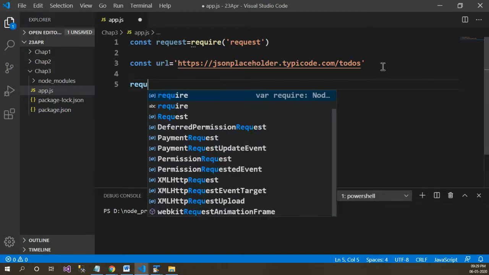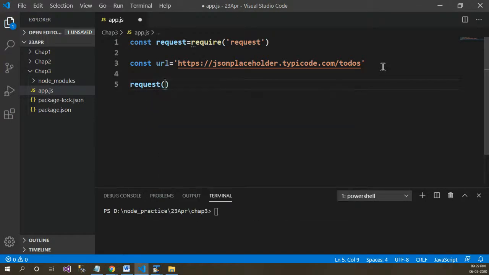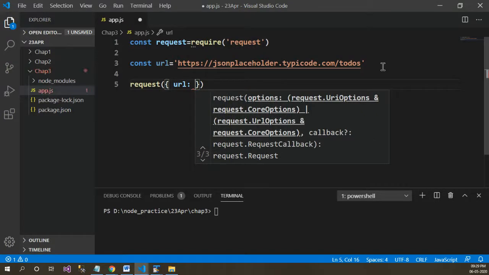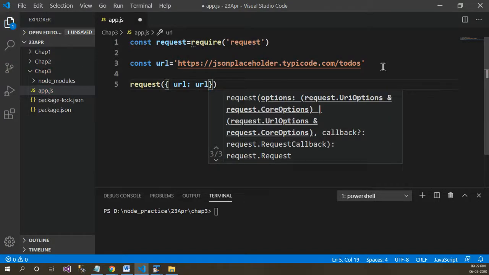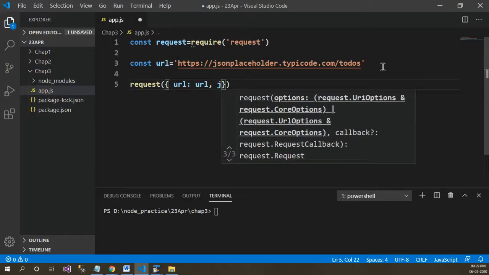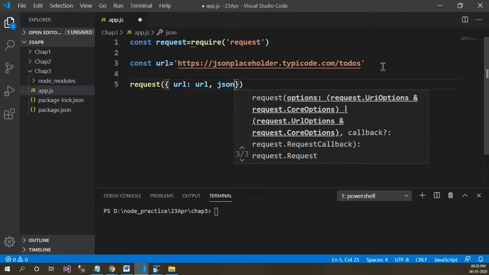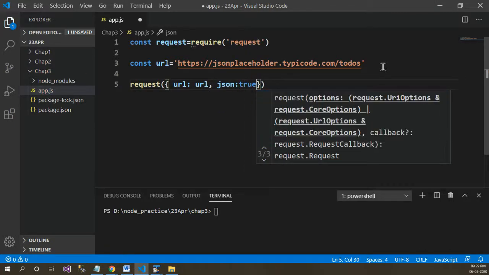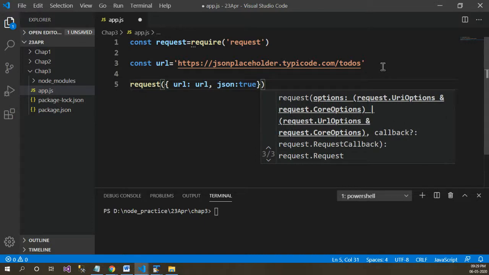In order to call it, you need to use request, and it accepts the parameters: first, the URL to be called, and whether you want the data to be parsed as JSON. If you mention true, then it will be parsed. If not, it won't get parsed as JSON.